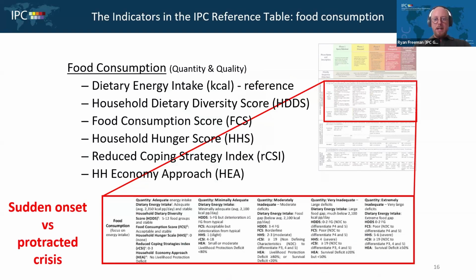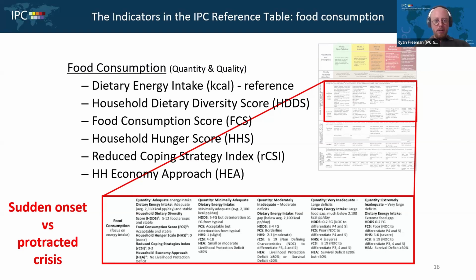Now, this slide is a little busy, and I really just want to pause here for a few minutes. What I'd like to do here is talk about some of the food consumption indicators, go through them, and explain a little bit about them. But before I jump in, is everyone familiar with at least one or two of these indicators? If you've never seen any of them before, it may be very interesting to write that in the chat as well. And for those that are more familiar with indicators, I'd really like to hear which ones you're more familiar with and which ones you've maybe never seen or never used.